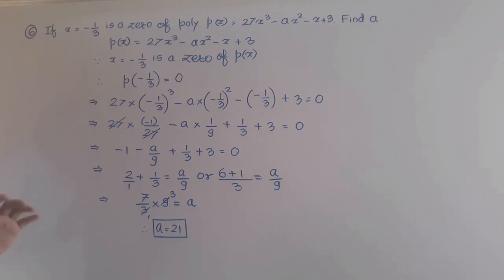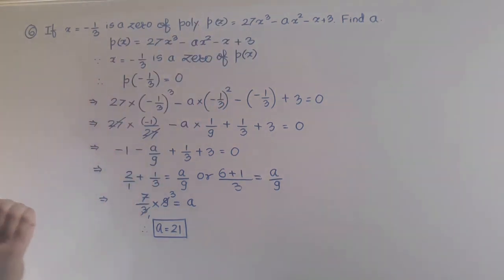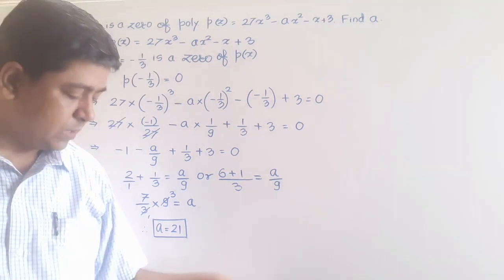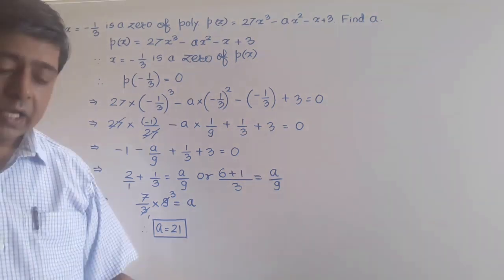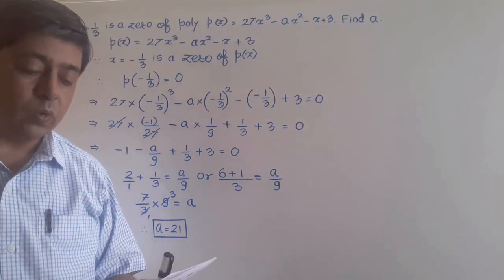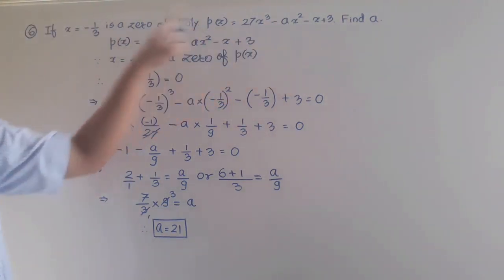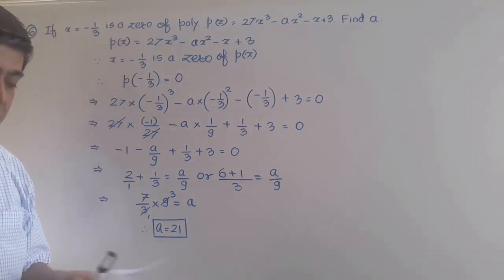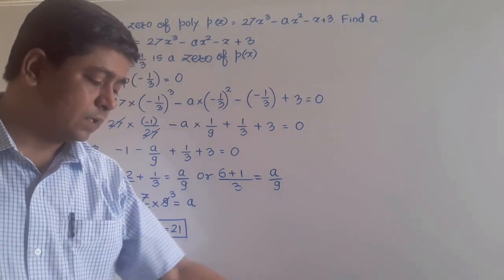Okay everybody, so in this question you observe I have fully solved the whole question of such kind, where one zero, 10, we have been given, and one unknown value I have to find out. Now let us see one more question of this kind, where we shall find out two unknown values. Okay, let me see which question is given next. Yes, question number 7 I am taking. Here two zeros are given and two unknown values we have to find out. In question number 6, one unknown value we had, so one zero was given to us. Now let us see question number 7, where two unknown values and two zeros are given in the question.